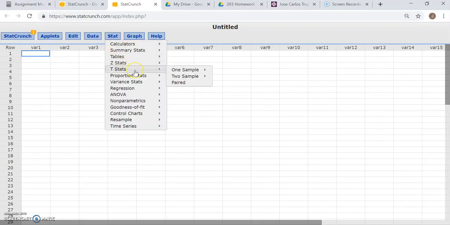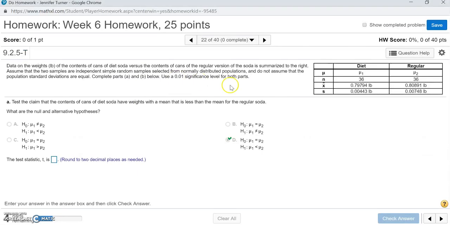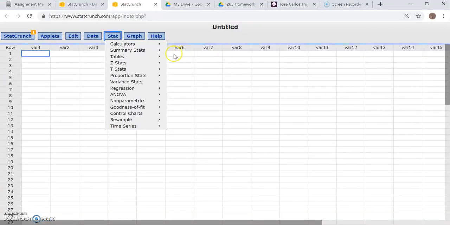T Stats. Now we're choosing T stats as opposed to Z stats because remember, the value they gave us here for the standard deviation is denoted in the table with a little lowercase s. That means it's the standard deviation from a sample. If this had been a sigma, the O with the little tail on top, that would mean that this standard deviation came from the whole population. And if that were the case, we would have chosen the Z stats. But in this case, the standard deviation we were given is only from the sample, so we're going to choose